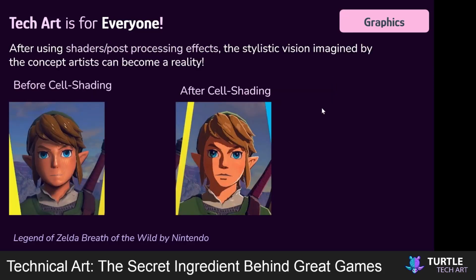For example, this is what Link looks like without cell shading, which is a type of shader that you can make. And this is how it looks after cell shading. Look at the key difference in how it essentially empowers the art to make it look more like the concept artist envisioned. This is an example of where shaders and graphics can come in to really push the overall art style of your